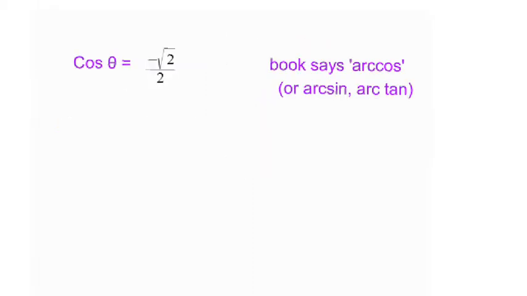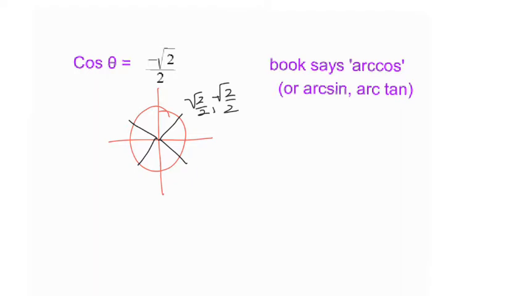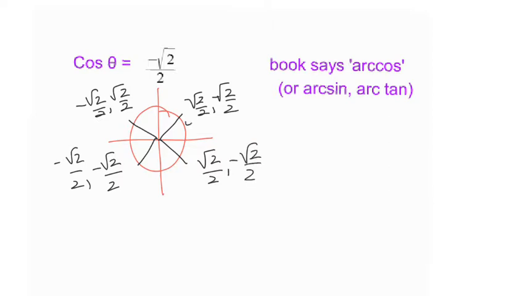All right, so it says find theta if the cosine is negative square root of 2 over 2. So something that I remember is that it's the 45s that have these. So this is square root of 2 over 2, positive square root of 2 over 2, negative, positive, negative, negative, and positive, negative. So let's see, this would be 45,